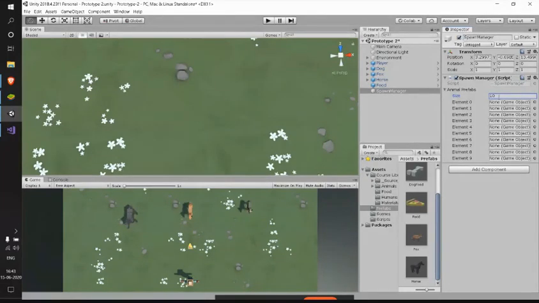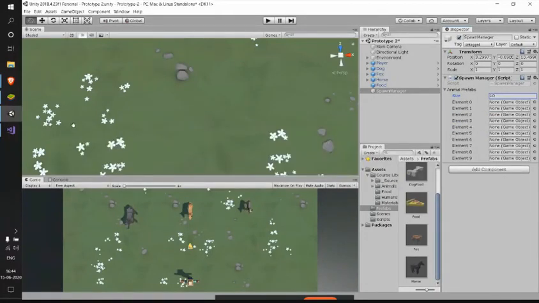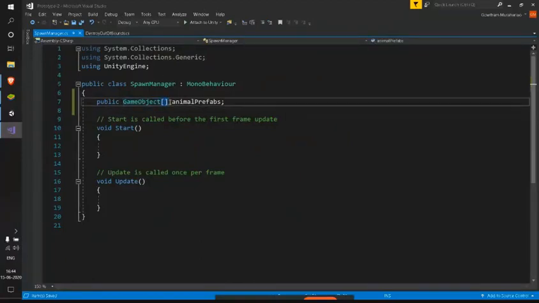And everywhere it's asking for a game object, and that's the data type we have. That's the object type which we have given here. So as it is a game object array, everything in this array must be a game object.